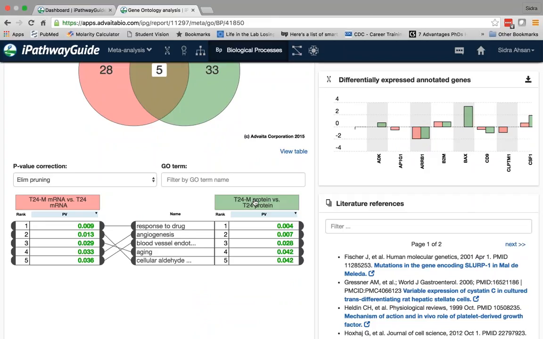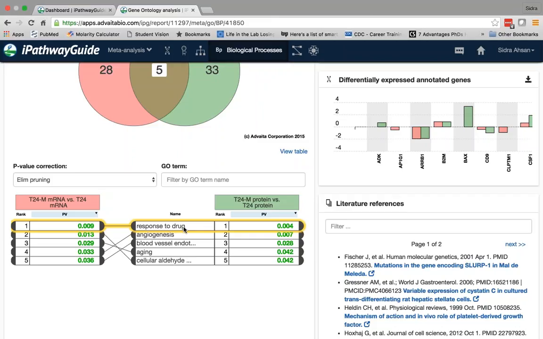This was really interesting to me because even though metabolic pathways was not a significant signaling pathway in the mRNA expression data, if you look at the 5 common biological terms, you'll quickly see that they're either related to metabolism or they are related to angiogenesis and metastasis, which makes sense because we are comparing a metastatic bladder cancer cell line to a non-metastatic bladder cancer cell line.